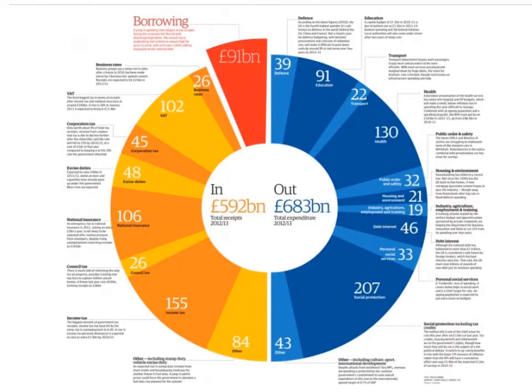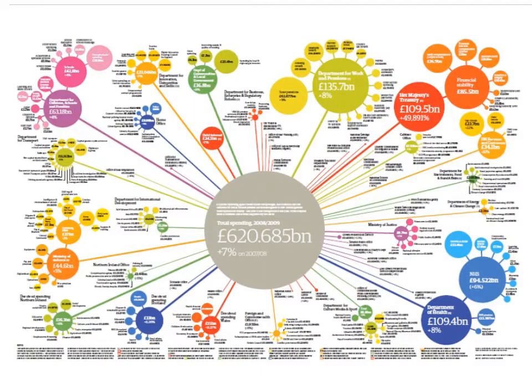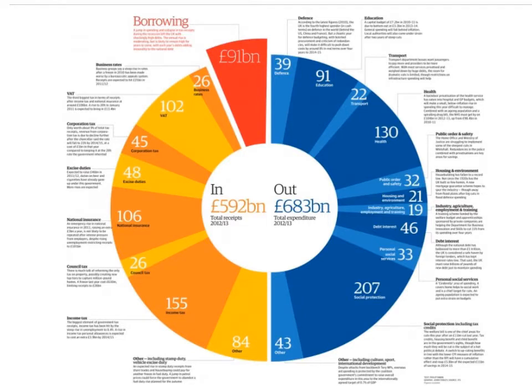And then this is a nice picture as well, because this is showing government spending from this area. This is in 2012-2013. So did it change much, 620 to 680? So about £60 billion. Well, depends whether you think £60 billion is very much money. But here's all the spending and the different departments that they're spending it on. So we can see